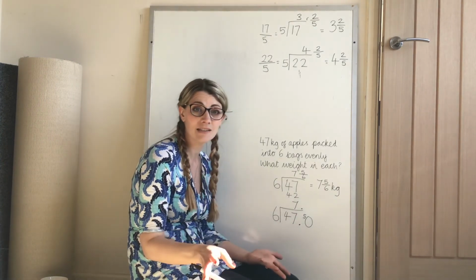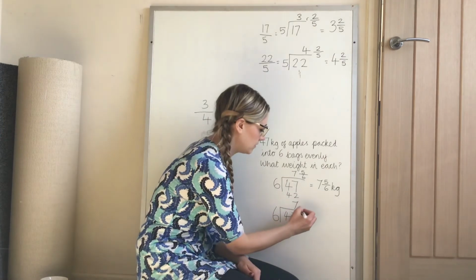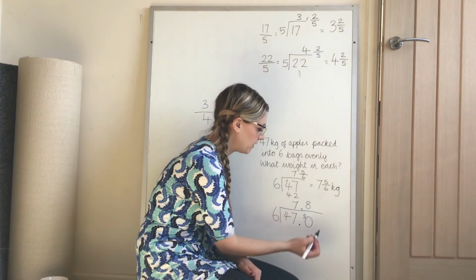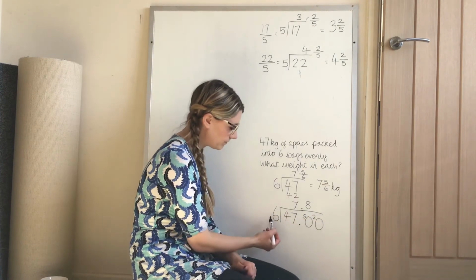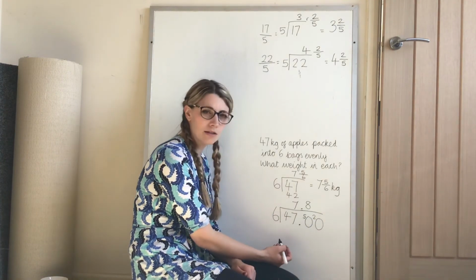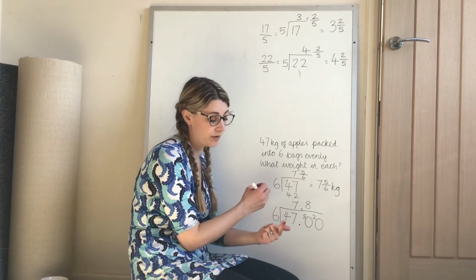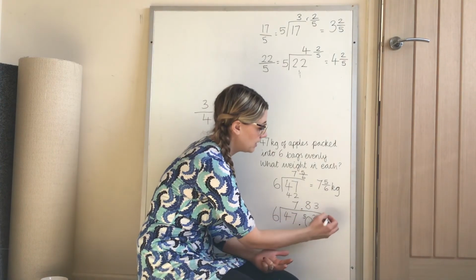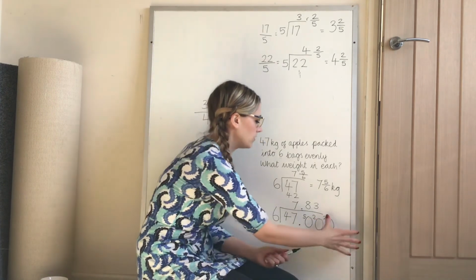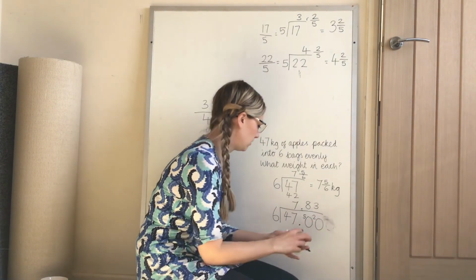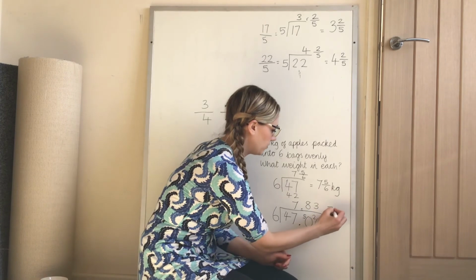It's 6 eights are 48. So I made 48, which means I've got 2 left over. 6 is into 20. It's going to go 3 times. 6, 12, 18. And this is going to go on and on and on because I'm always going to end up with 2 left over. So you could also do 7.83